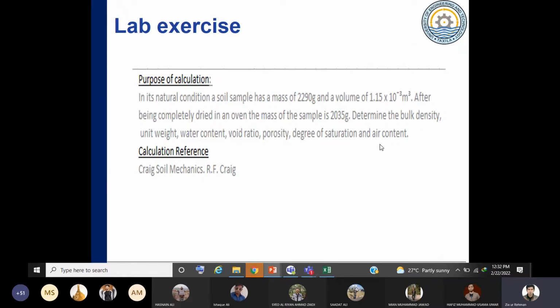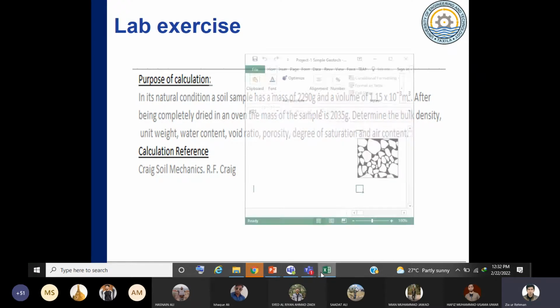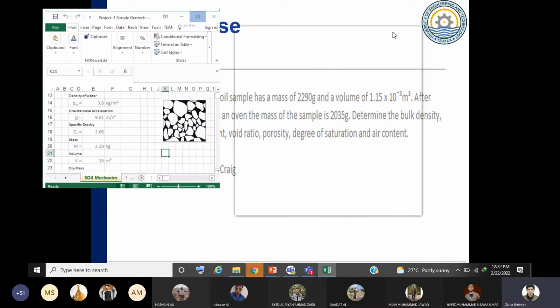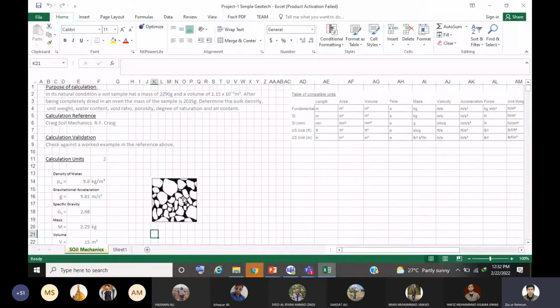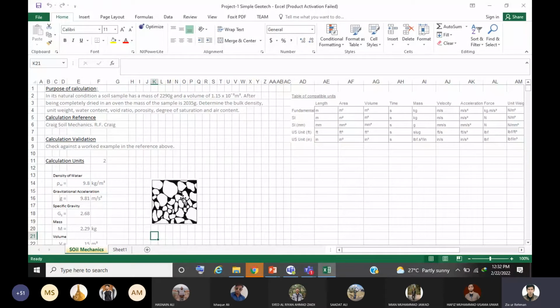If you have to do this on a page, it might take a lot of time, and you need a calculator and all these things. But if you have Excel, you could easily solve this problem in minutes. You just need to apply the different logics.